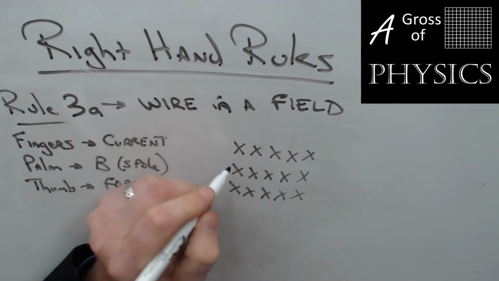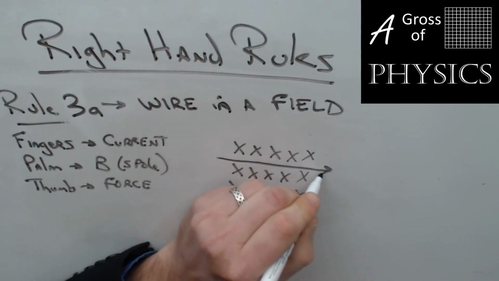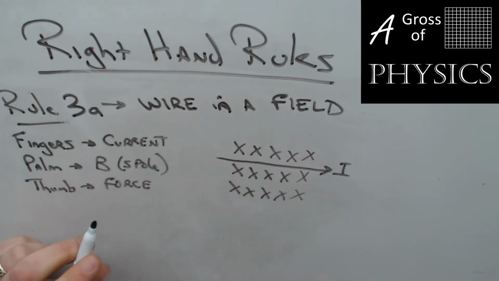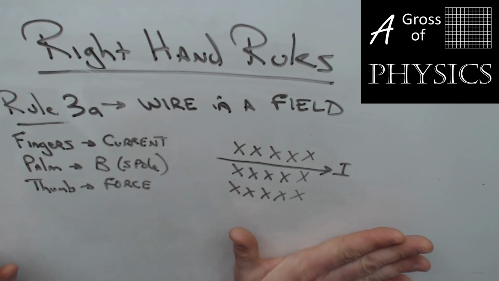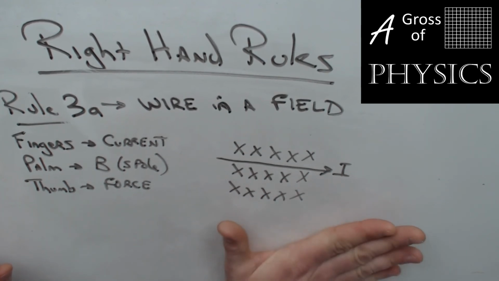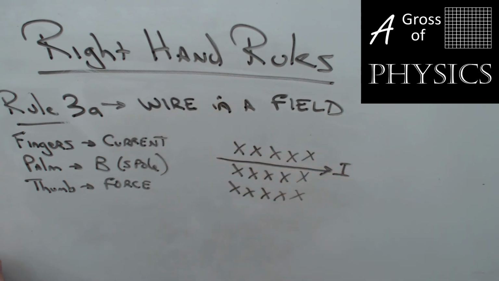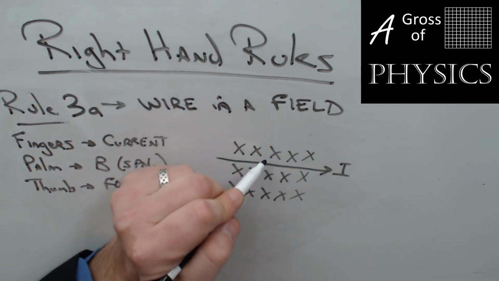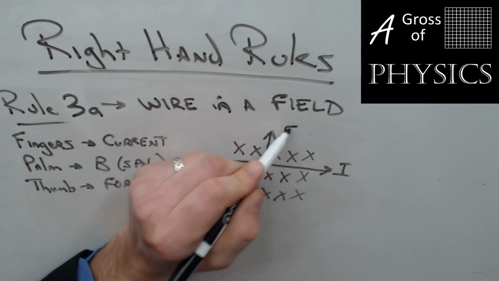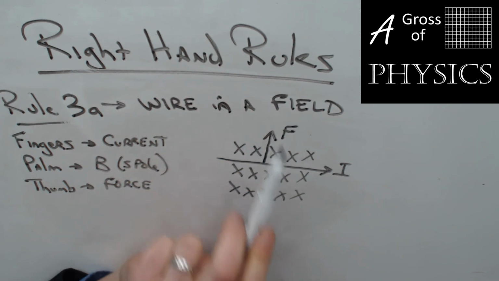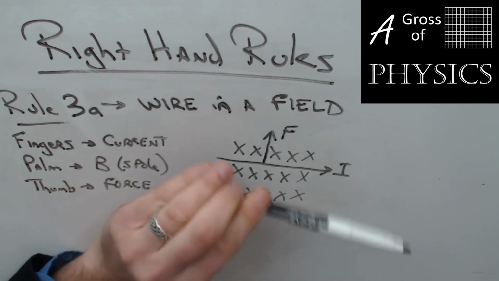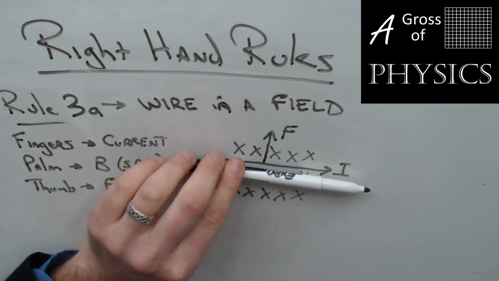And what I'll do is I'll take a wire and I'll make the current flow to the right. Now the way I do this is I'm going to take my hand and I'm going to put my palm into the direction of the magnetic field. So that means my palm is slapping the table itself or the paper. My fingers are going to go in the direction of the flow, and my thumb is going to represent the force. So in that case, with right hand rule 3A, the force on the wire would be toward the top of the page. So that means the wire, if the field's strong enough or the current strong enough, would actually